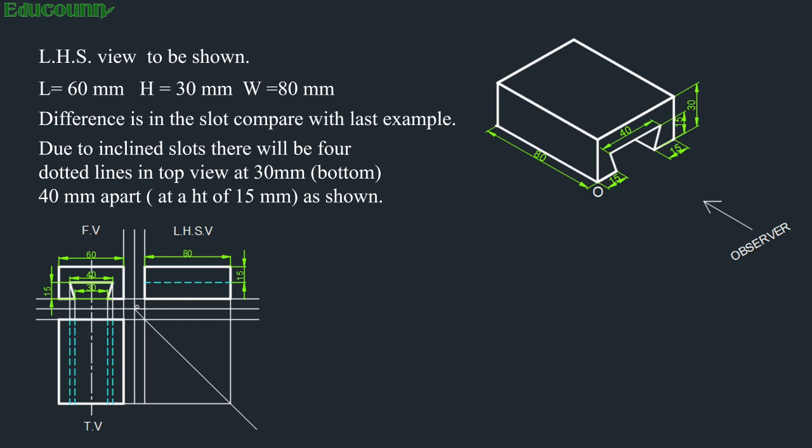Again, the left hand side view is the same as that of the previous example, a rectangle with hidden line shown at 15 mm from the top. And in the front view, the C-shaped slot is shown, but the slot is inclined here, which will be 30 at the bottom and 40 mm at a height of 15. So in this way, you are going to complete the drawing of this C-shaped slot and then add the respective dimensions. Then in the next slide,